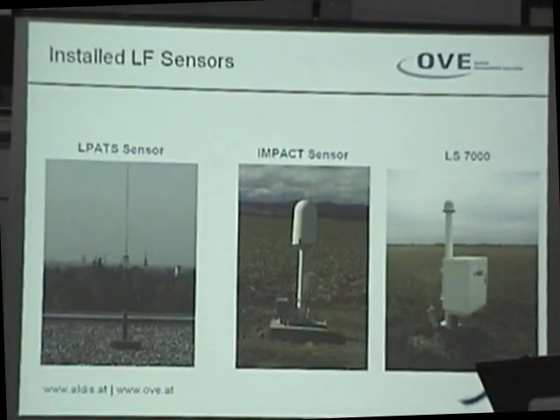How do those sensors look? You probably have seen IMPACT sensors, all of you. That's one of the types. For example, very close here on the campus, close to the tower, on top of the tower there is one of the LS1000 sensors. This is a new sensor model with improved sensitivity. It's a fully digital sensor. There is no dead time compared to the IMPACT sensor,